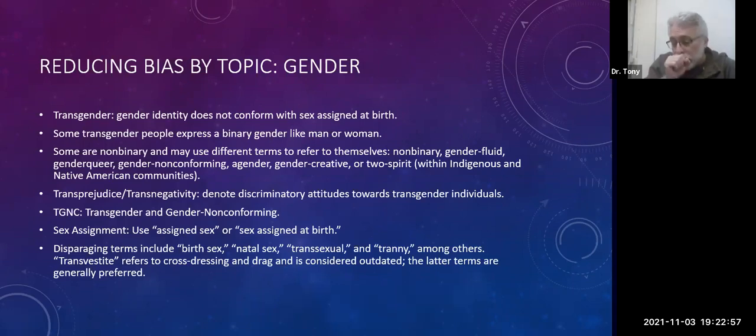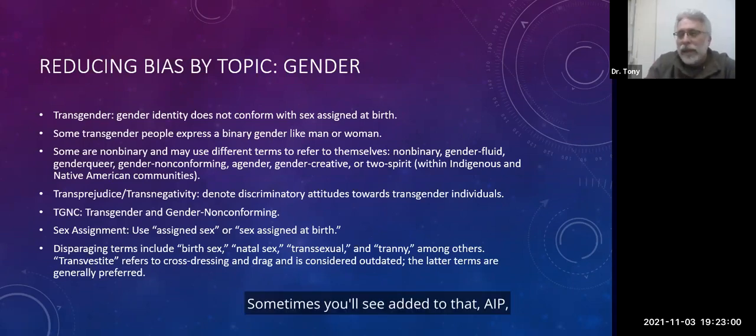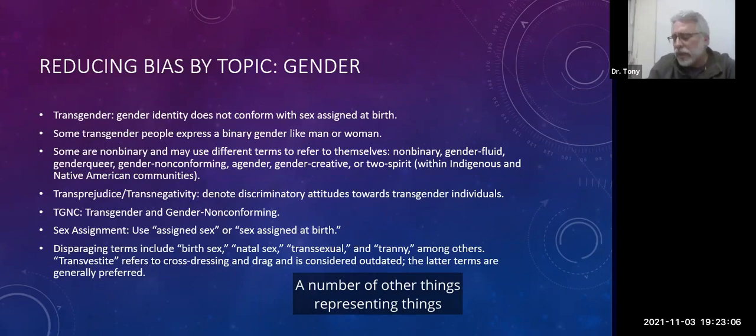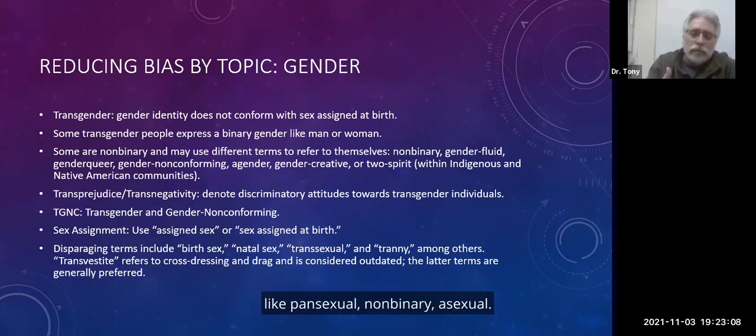or questioning. Sometimes you'll see a number of other letters added to that, representing things like